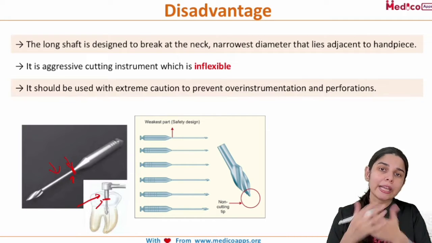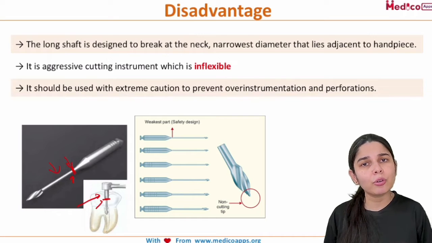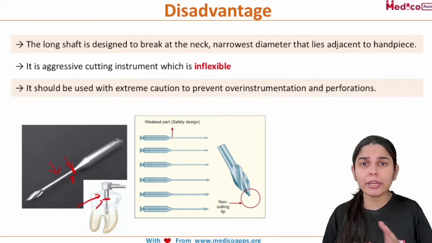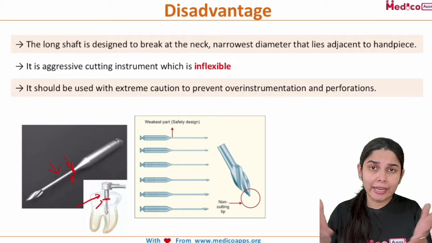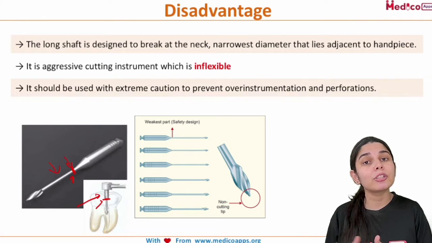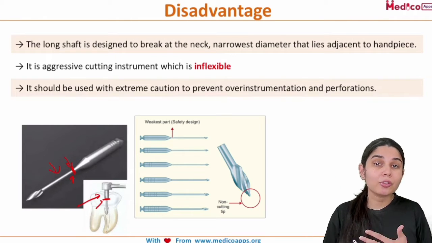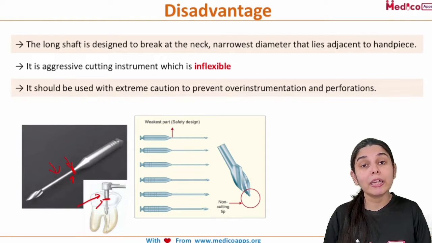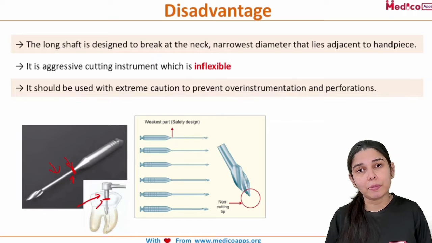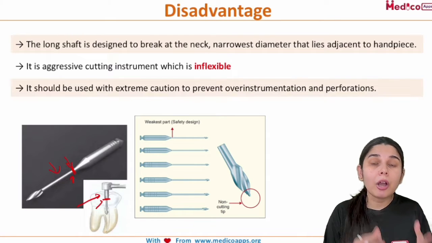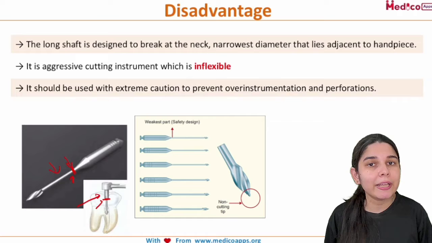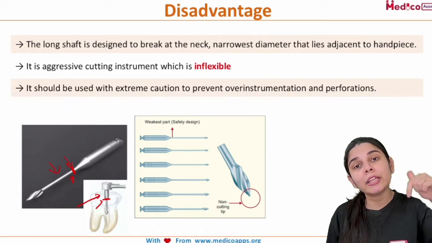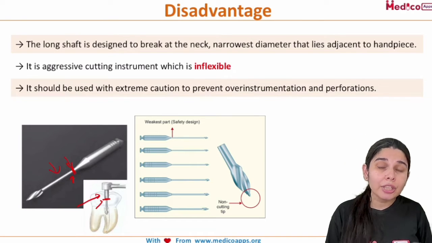The second disadvantage is that, as I have told you, it's a cutting instrument. Definitely it will be cutting aggressively, though we are using it with a slow speed instrument. So if I am saying that it is an aggressive cutting instrument, this instrument is inflexible. Now why is it inflexible? Because if pressure is not placed gently, apically and in the proper direction,